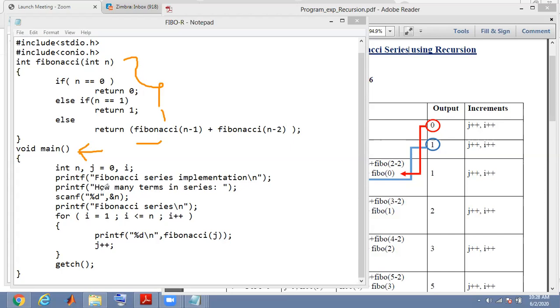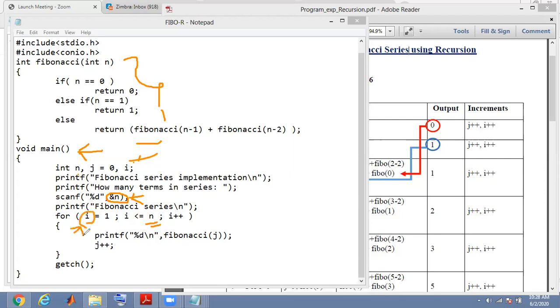So what it is doing is declaring three variables: n, j, and i. They are used to read the value of how many terms you want to display in the series. That means this for loop needs to be repeated till n, and i is a variable used for the loop index.